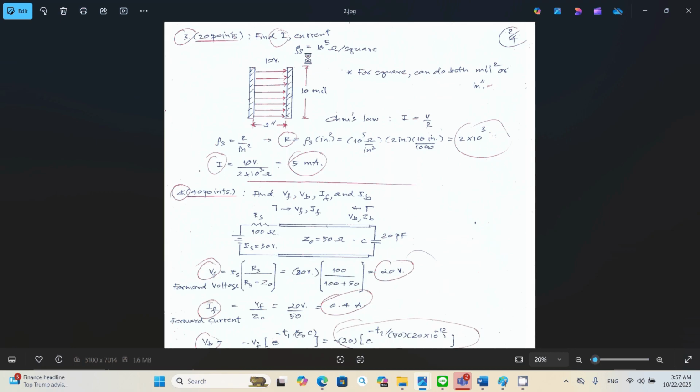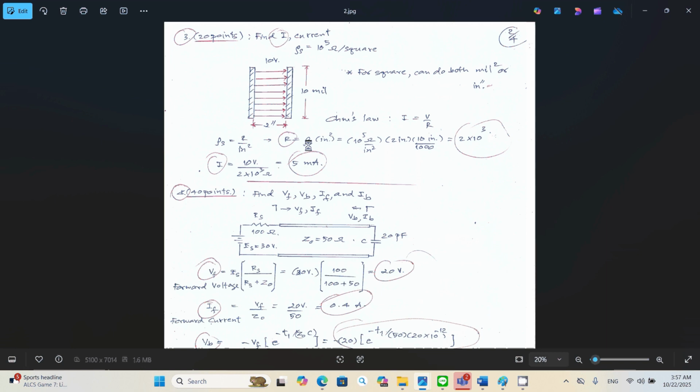For S equal to 10 to the 5th ohms per square, for the square you can work in the unit of mil square or inch square. For this case, I'm working in the unit of inch square. Your surface resistivity is simply equal to the resistance in ohms per area, and then by applying Ohm's law, you can find the current equal to V over R. So you need to look for the resistance, R,